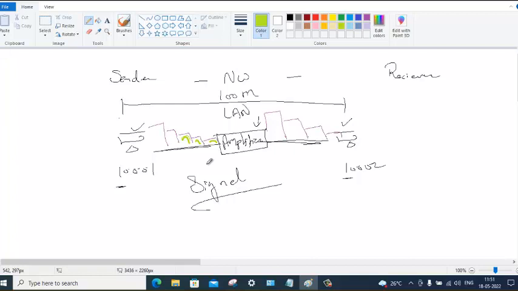Likewise, this green one is not the data that you want to receive. Green one is not the data that is sent by the sender. It gets added in the path. To your data, these junk values get added. How can junk values be added?